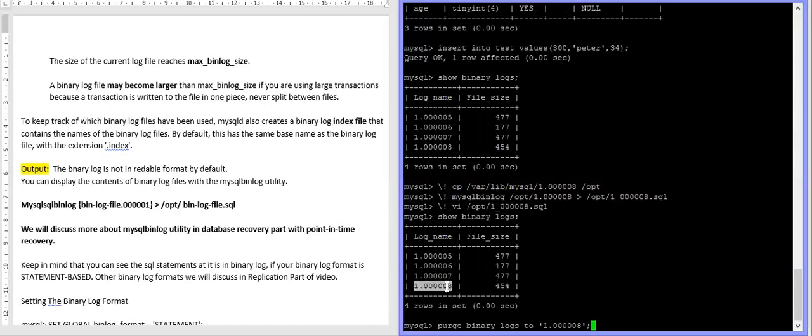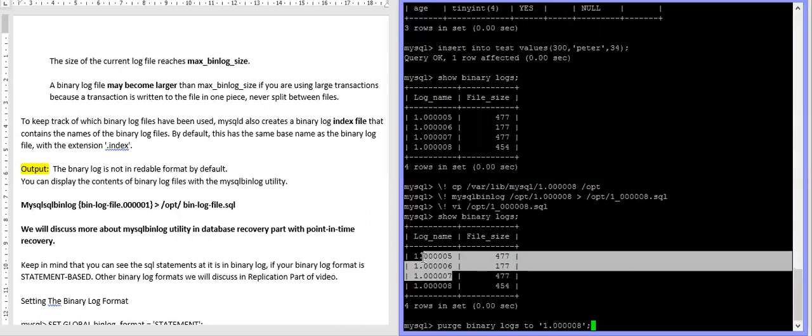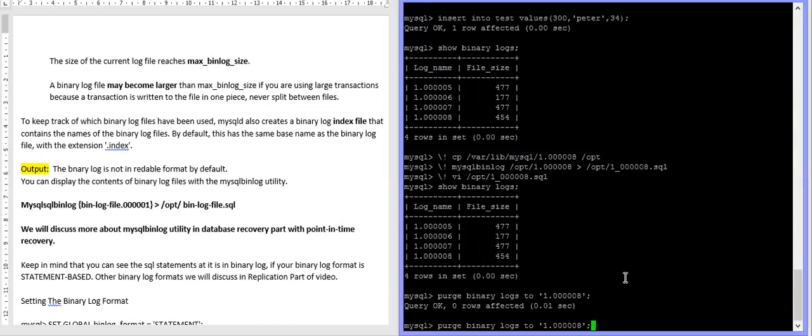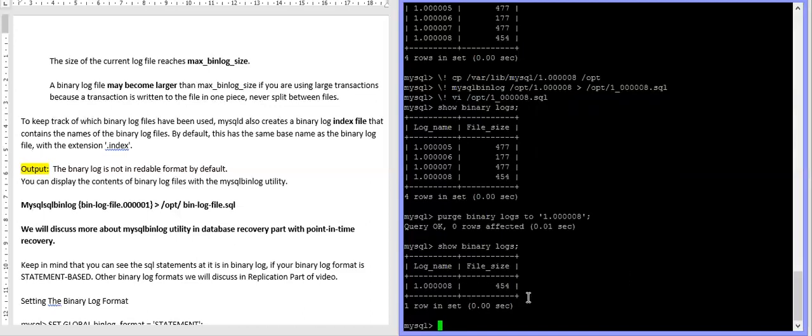So the last file will be there, but all the files before that will be removed from your server. Let's see. Yes, it is removed. You can run the show binary logs command now to see which binary logs are there. Only one, the last one. So it will delete all the previous ones, whatever you write. If you write 6 here, then it will delete only up to 5.